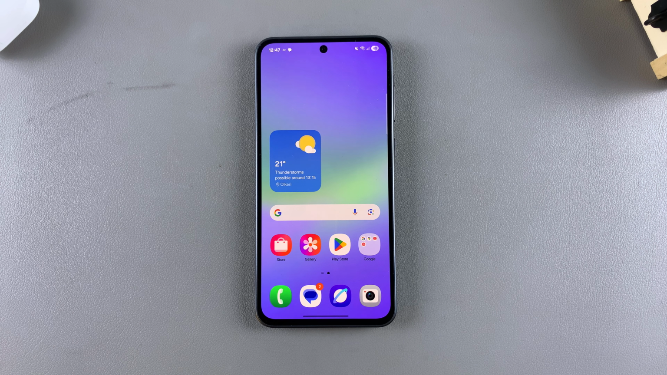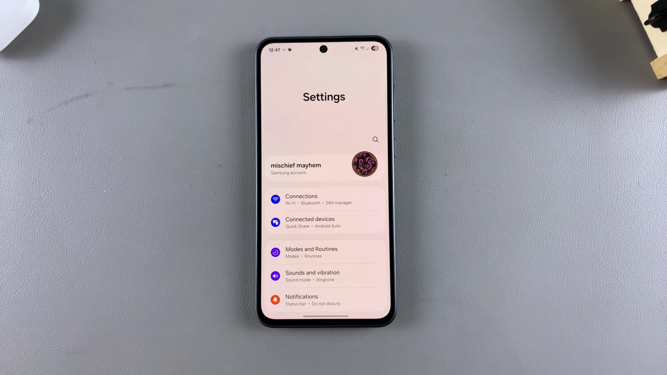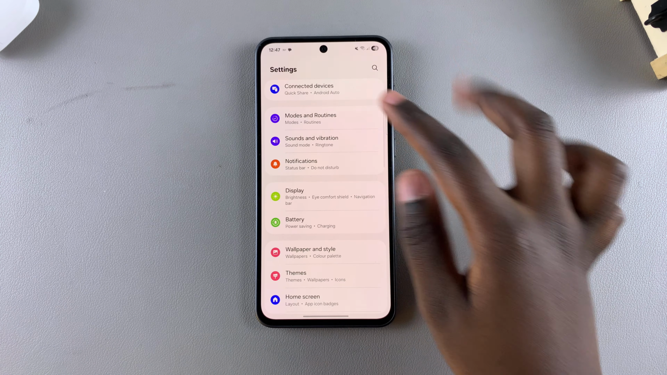So in this video, you'll learn how to enable notification reminders on your Samsung Galaxy A36, A26 and A56. So the first step is to open the Settings app, and then under Settings, you want to look for Notifications